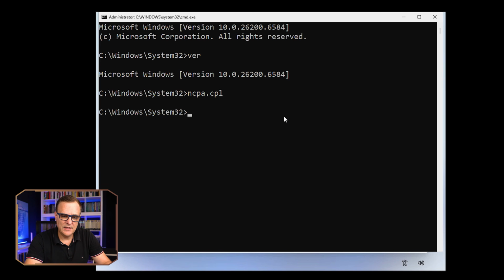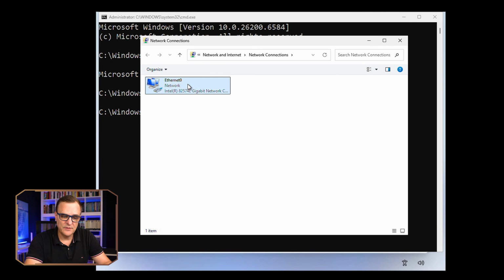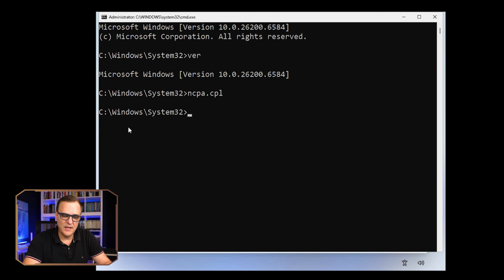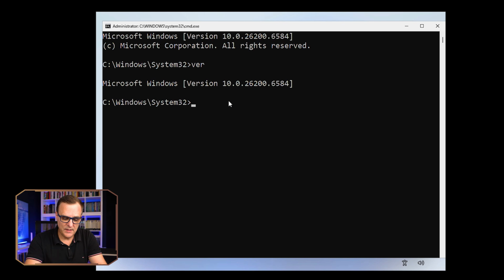ncpa.cpl. And that allows me to look at my network adapters. And what you need to do here is disable your network adapter first. So for this method to work, you need to disable your network adapter. So here we are going to run a script basically by typing OOBE